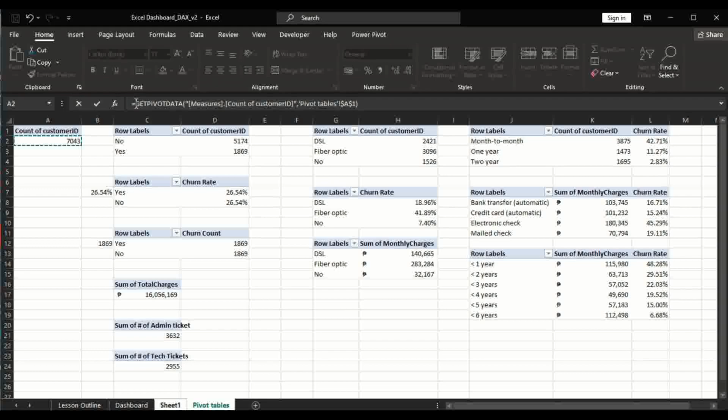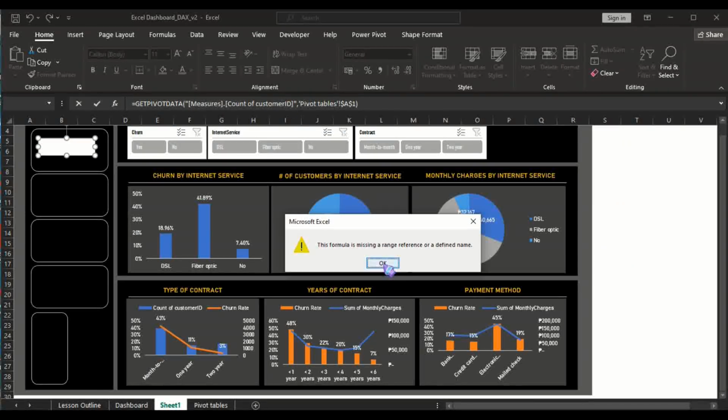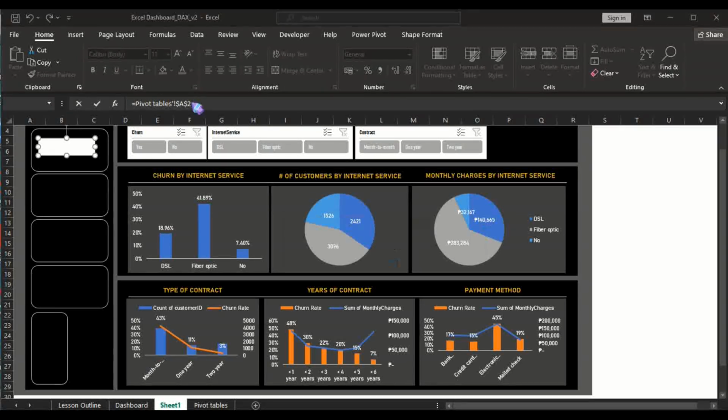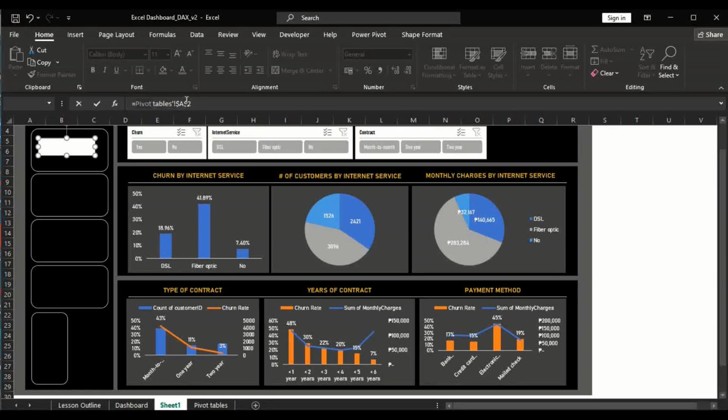Now, we need to delete the formula here because if we hit enter, there's going to be an error message. So let's delete from here up to this point and enter A2 and hit enter. There must be an apostrophe there